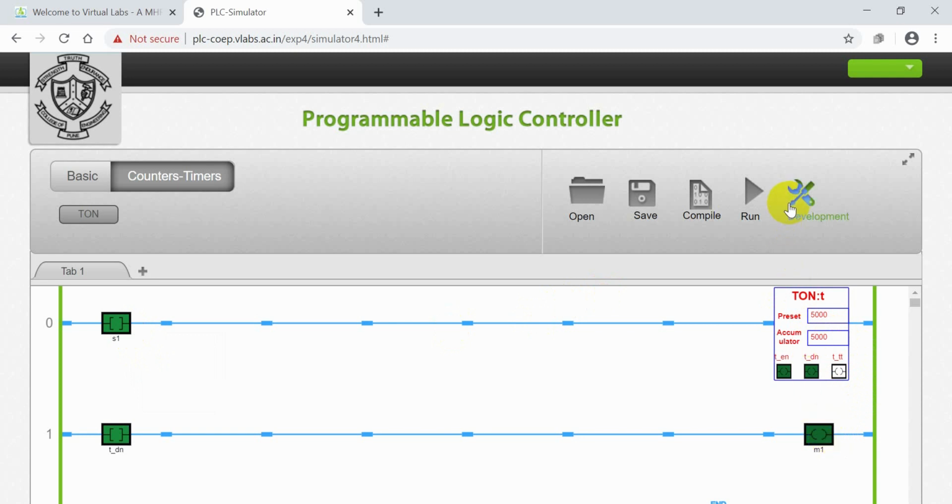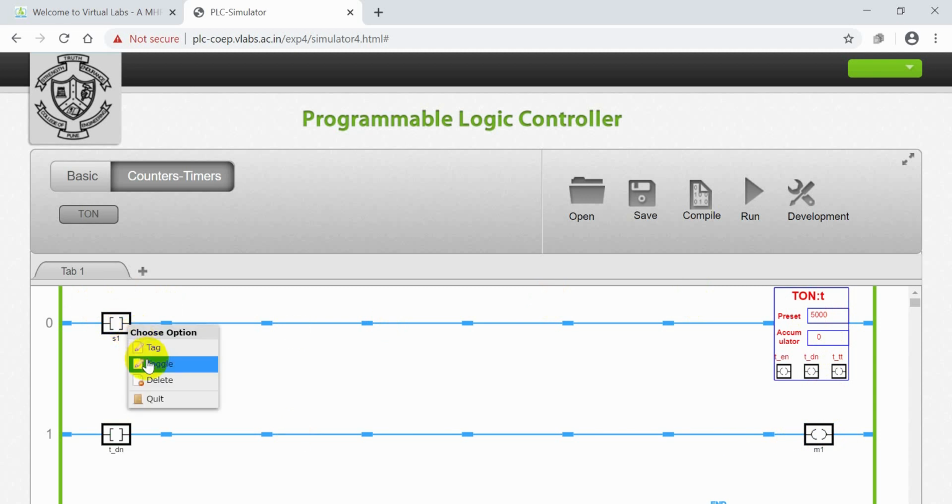For example, if you want to check, again provide the toggle, which means we are making the switch off. Check here, the motor immediately became off: no delay to off, only delay to on the device. Again I make the toggle, meaning I am making the switch on.